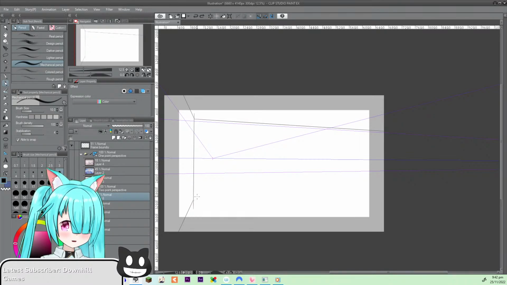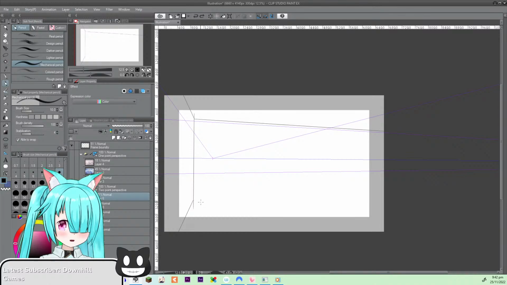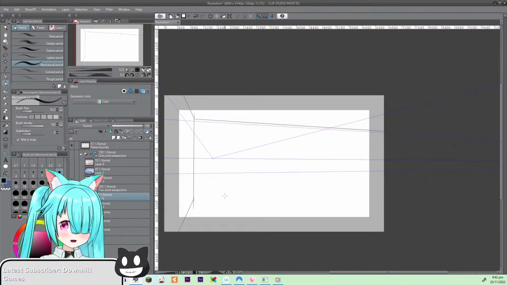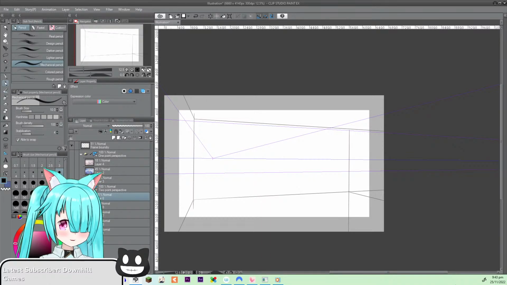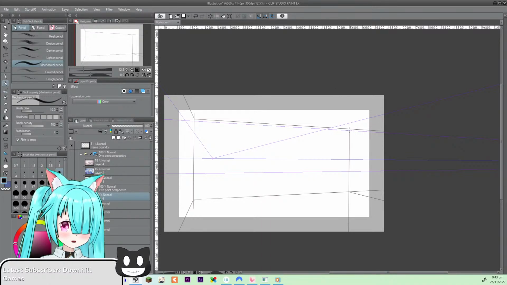Wait. Oh no, this is the back of the... This is the back of the room. This is the other wall, and then this is the other side. This is the third wall right here, like this. Okay,